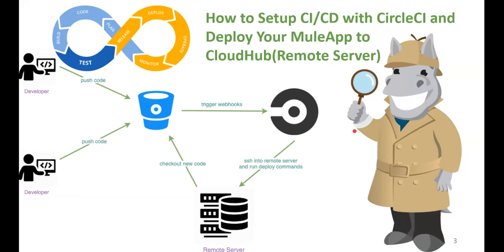This session is a part of the series where we are discussing how to implement CI/CD with different tools. We have already seen in the previous two sessions how to implement a pipeline using Jenkins, and then in the second session we have seen how to implement it via GitHub Actions. In this session, we are going to see how we can implement a CI/CD pipeline using Circle CI.